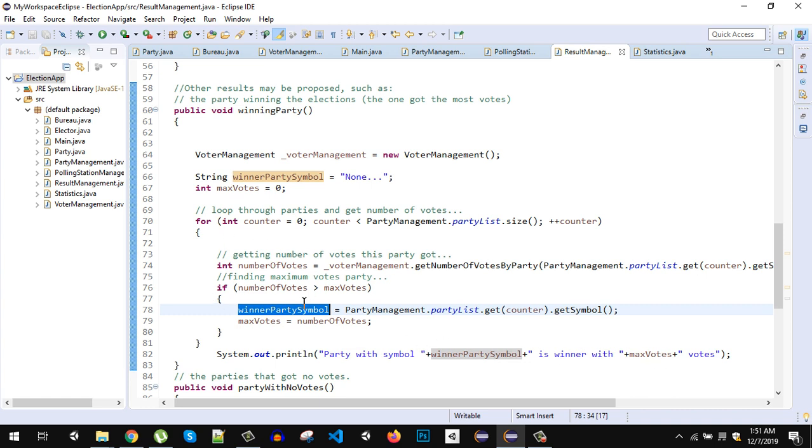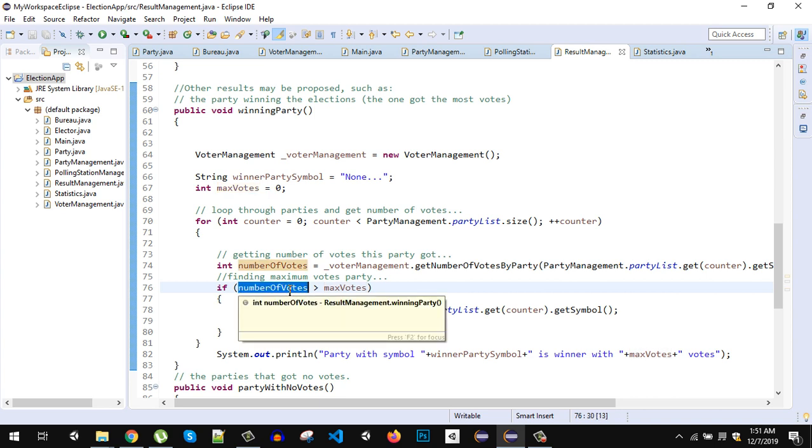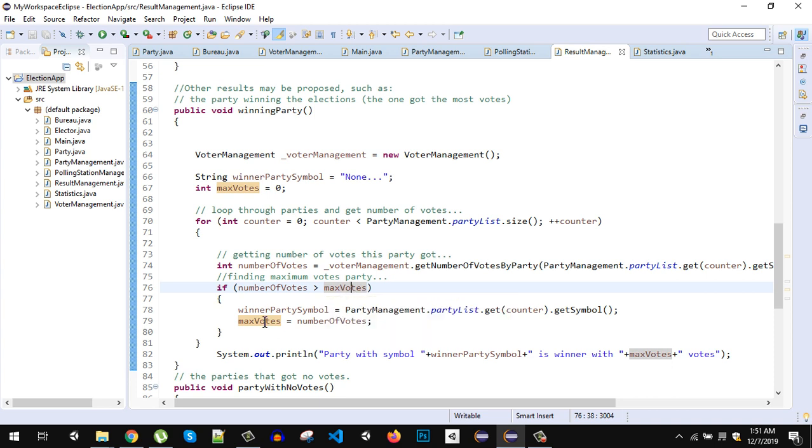Okay, so this will loop through. So let's say the first party got 5 votes, so maximum vote will be 5. So the next time when the counter is 1, it will again pass the party symbol and get the number of votes. And let's say the second party got 10 votes, then we will check if the number of votes, which is 10, is now greater than the previous votes, which was 5. So we will update this maximum vote to this new party. Okay, and this way the loop will finally end, and we will have the symbol of the winner party and